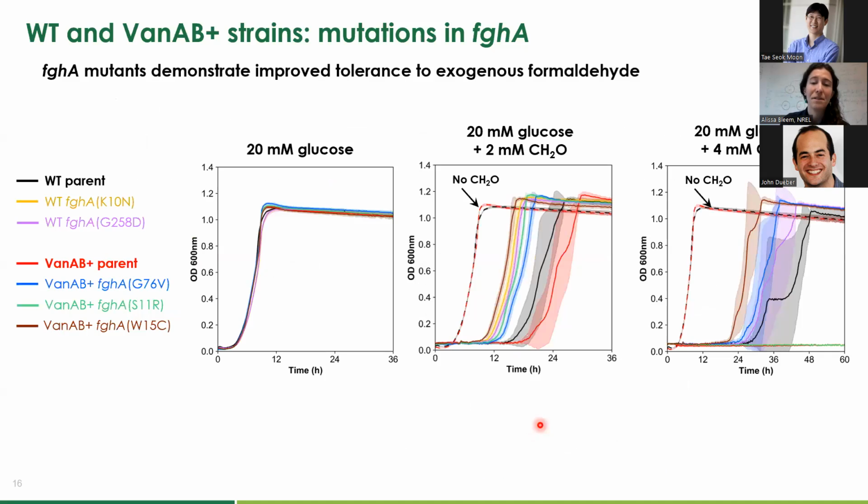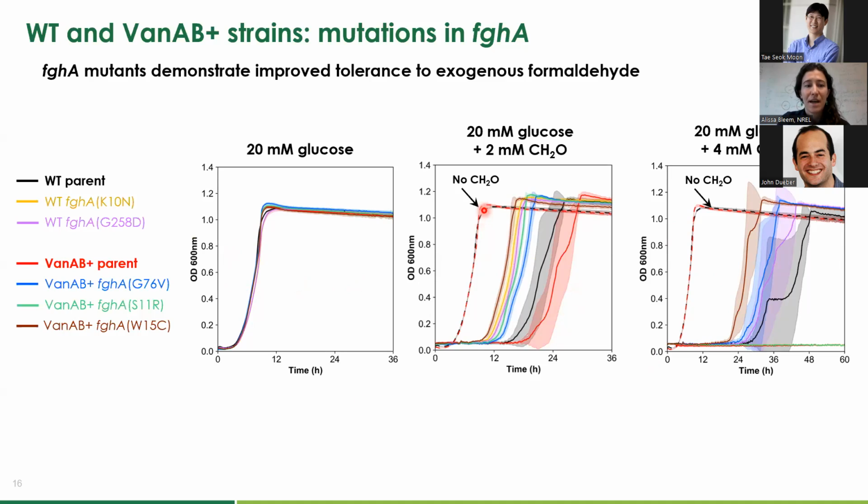So to do that, first, we just put the mutations back into clean backgrounds. So these are the parent strains not evolved with single point mutations in FGHA. And the results are pretty striking for growth with exogenous formaldehyde. So you can see on the left here, if you grow the strains in glucose alone, they all grow the same. But if you grow them with increasing concentrations of formaldehyde, you get a protective effect from these single point